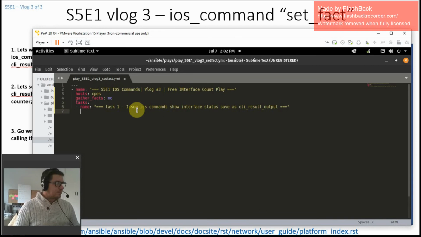Getting sore throat. iOS, and it's not Corona. iOS command. We know this module very well. We know we can feed in a list via commands. And the one command we're going to show, well, we could have done multiple, but show int status